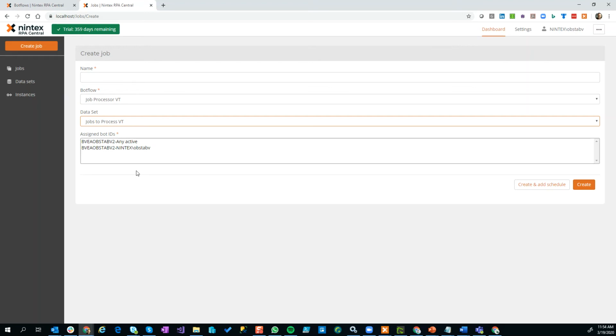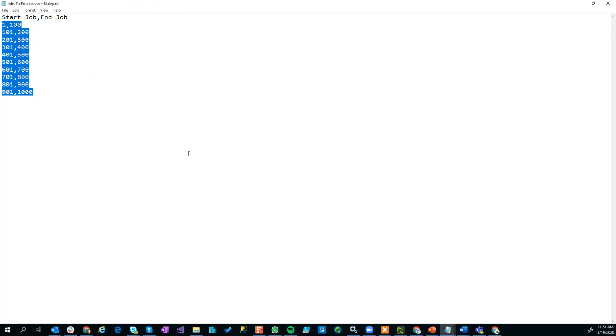I have another 5 bots that are kind of ready to go. I can use them whenever I want. So I might select those 5 in here and click on create. And so what that means is if I look back on my data set, RPA Central is going to say,